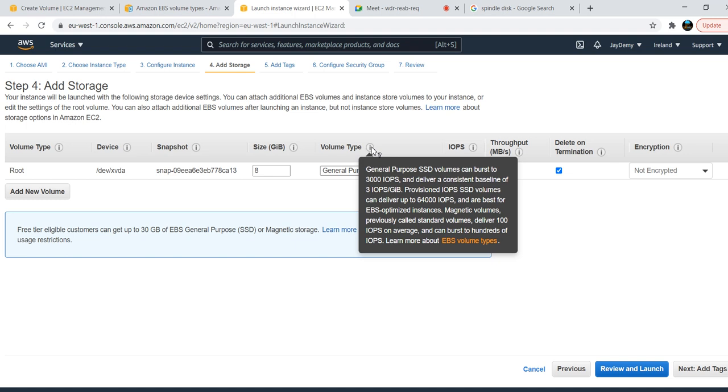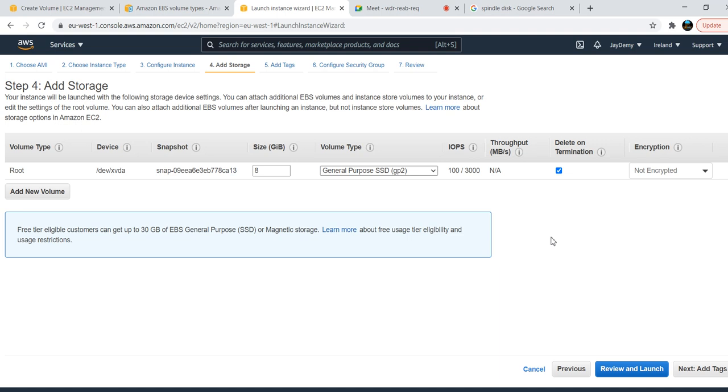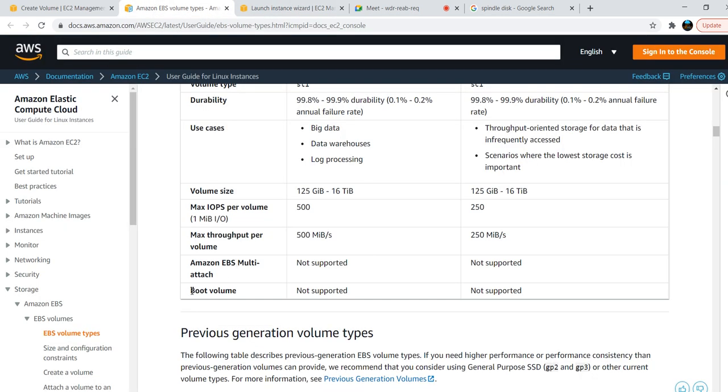Yesterday we discussed what EBS optimized instances and instance store instances are. And the third one they have given is magnetic volumes. There is no concept of HDD, that is cold HDD or throughput optimized HDD. That is not supported here. These both are general purpose, these are provisioned, and this is standard. The same thing they have mentioned here. This is not supported at the boot level.